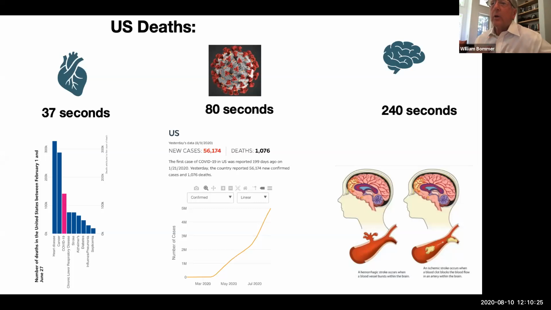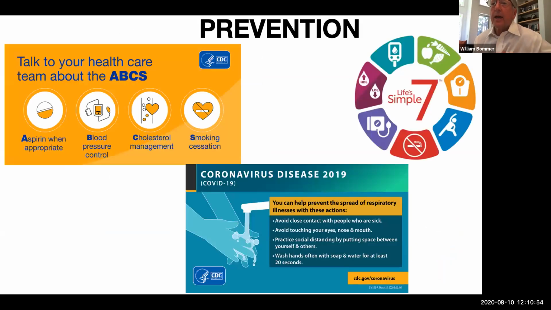Now, there are really no cures for cardiovascular disease, stroke, and for COVID at this time. So we have treatments, but they are not curative. So our best way to treat or handle these patients is prevention. Prevention works for cardiovascular disease, for strokes, and it also works for COVID. Next slide. So the key to trying to handle these pandemics and epidemics in the past has always been and